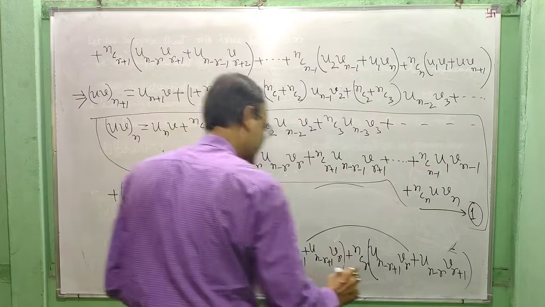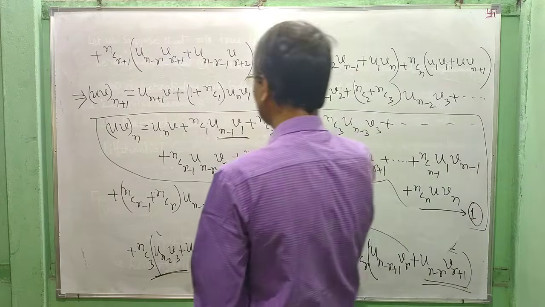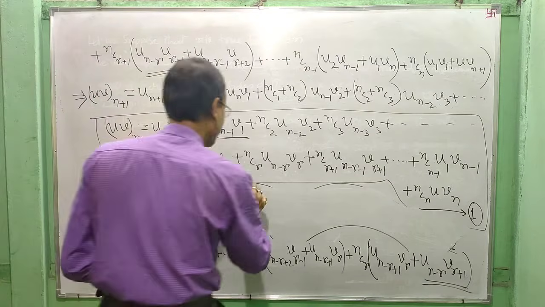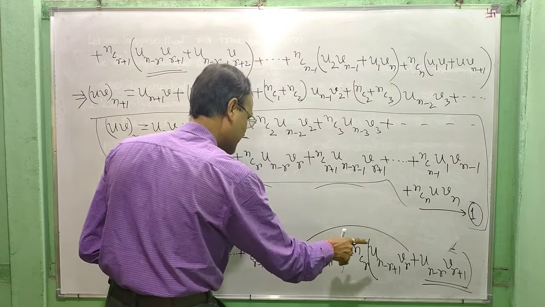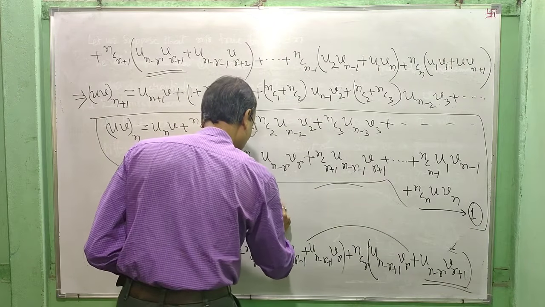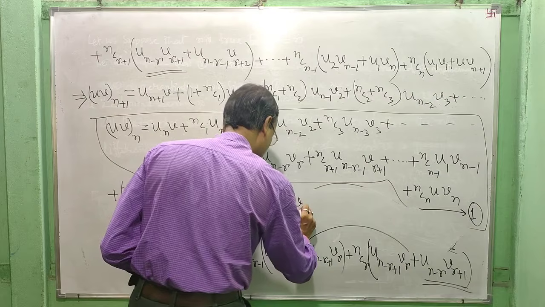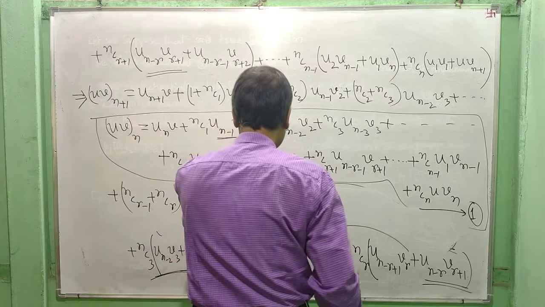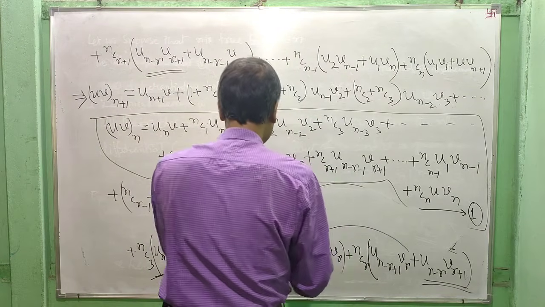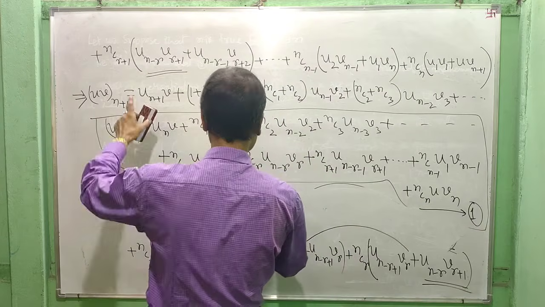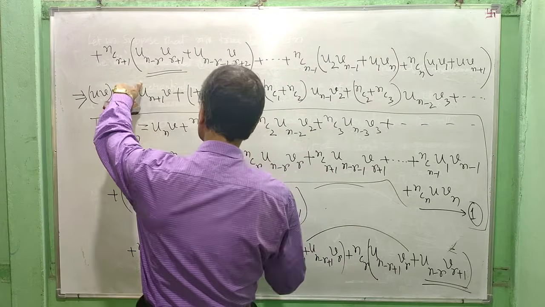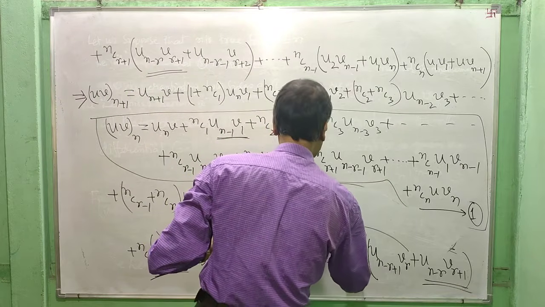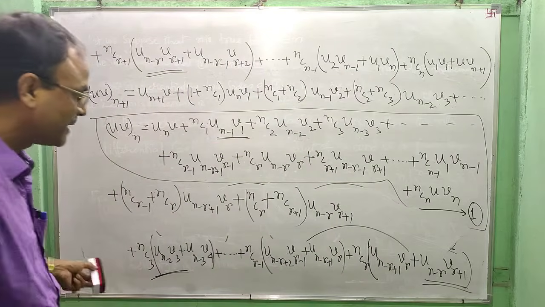Plus next terms, this term and this term. What will be this? nCr u^(n-r) v(r+1), (nCr plus nC(r+1)) u^(n-r) v(r+1), and finally